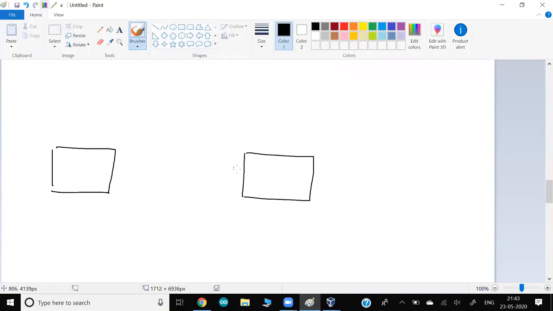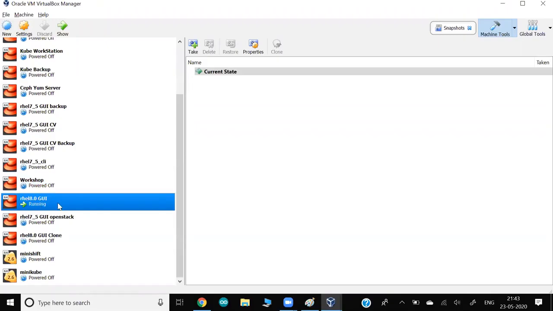I am going to install Prometheus in this system. The system where you install Prometheus is known as the server. So this will be my prom server.